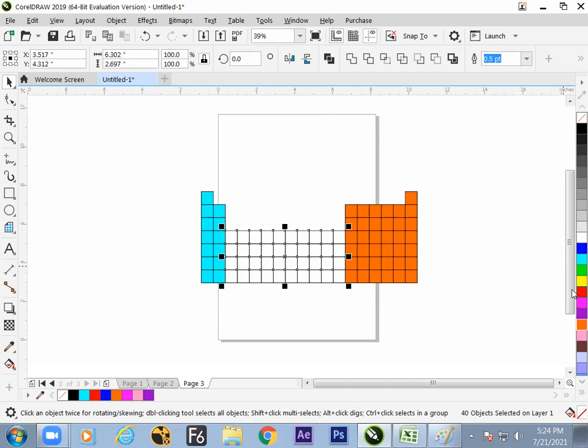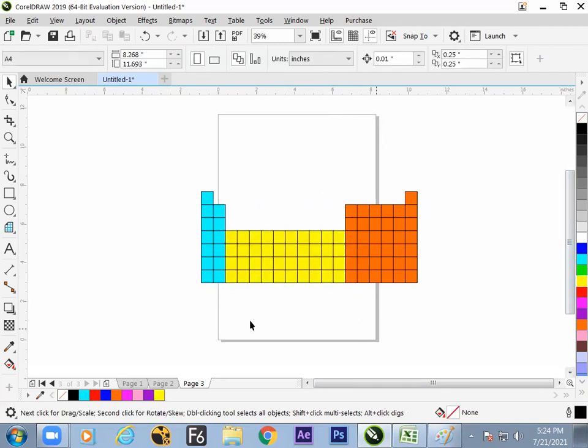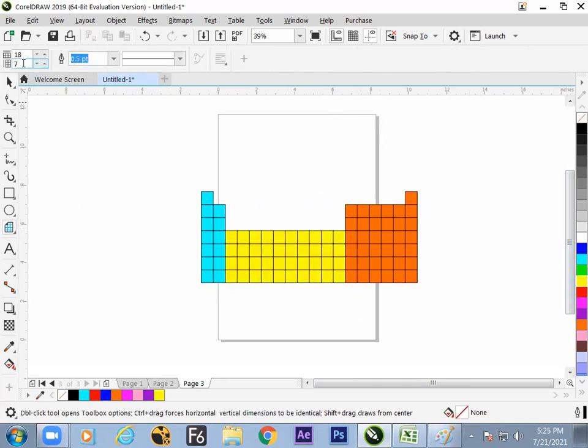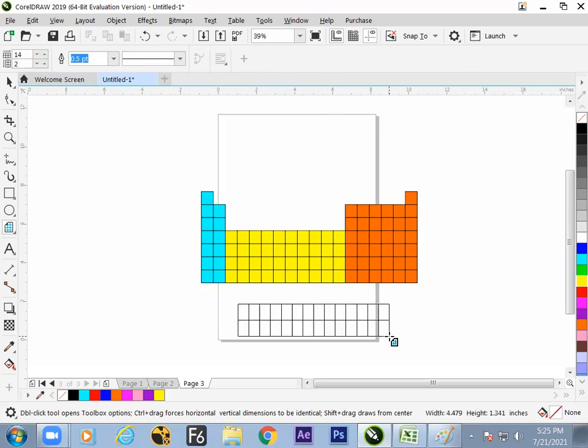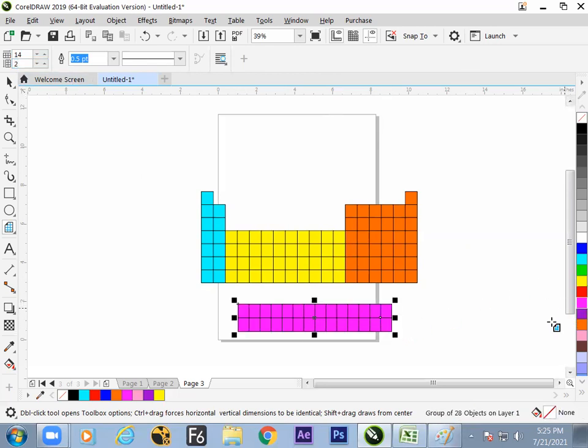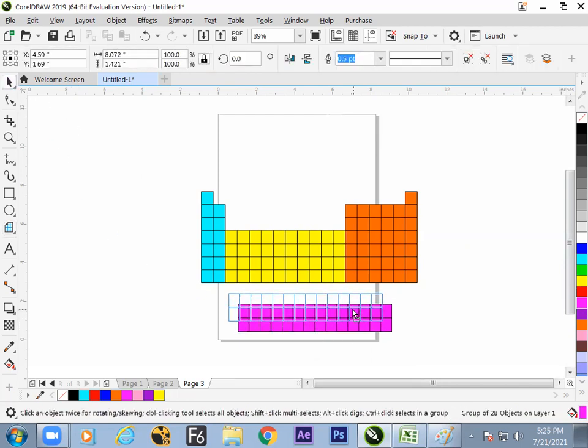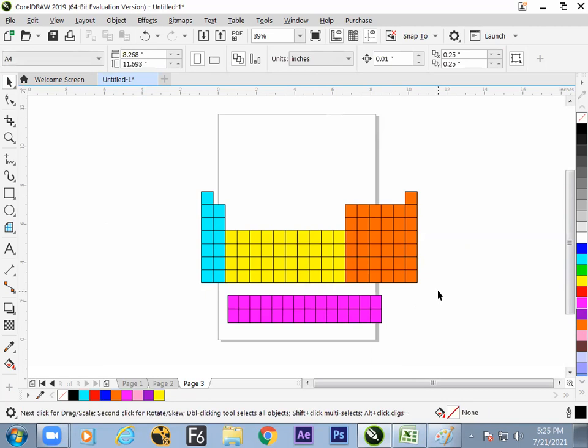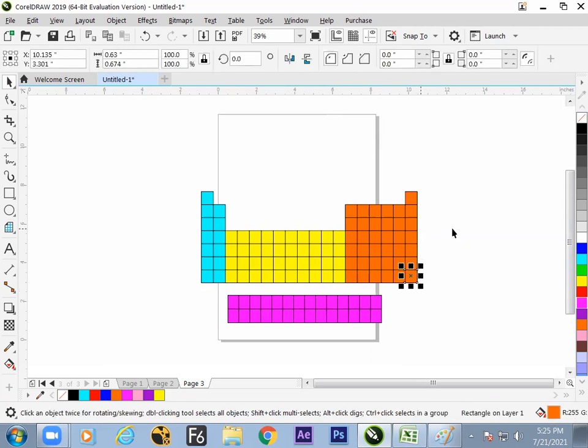Then this is the D group element. And at the end, we can go for the 14 F group elements, which is 14 by 2. Yes, 2 rows are extra for lanthanides or some technical terms they use. So this is how the periodic table is done, and everything is different.